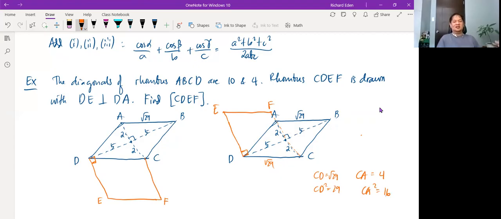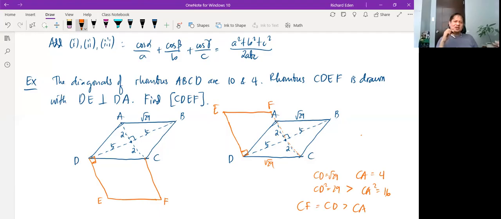So CD is longer than CA, but you have a rhombus there, right? So CF is the same as CD. So CF is longer than CA. So it's like you rotate it and then place it again. But we observe that